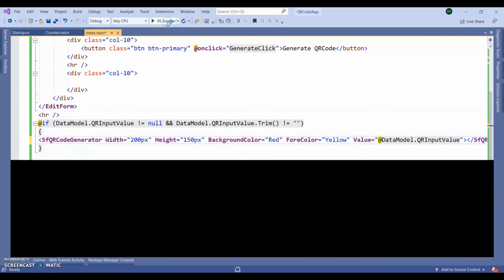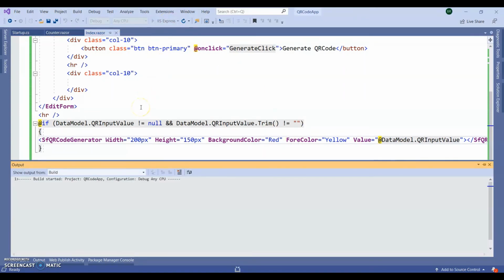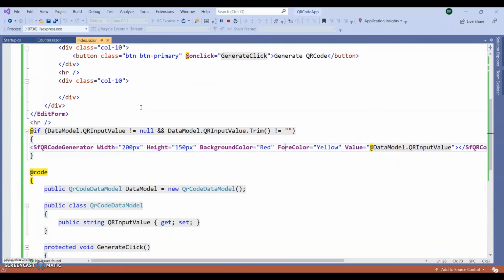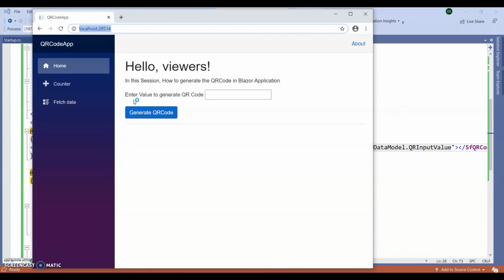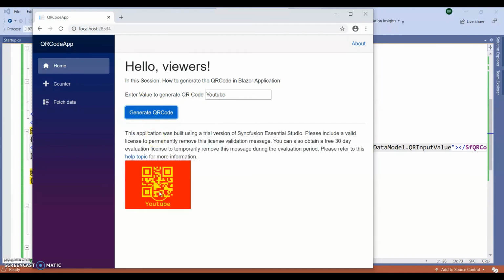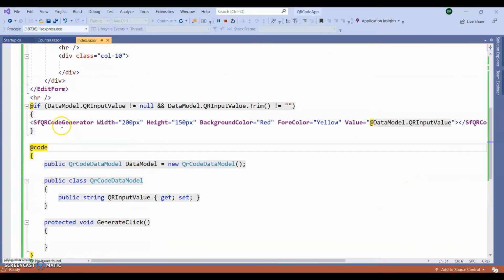Run the application. Let's give some other value. Let's say I'm giving YouTube, generate QR code. So you can see the whole color is yellow, the background color is red. In this way we can generate QR code in our Blazor application.